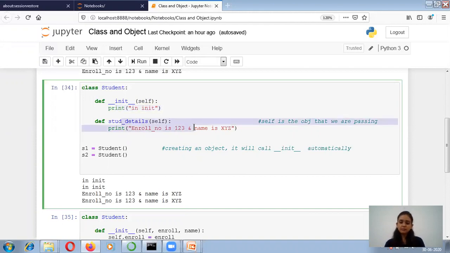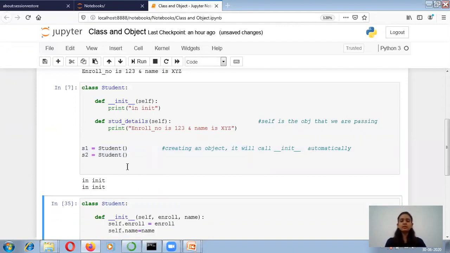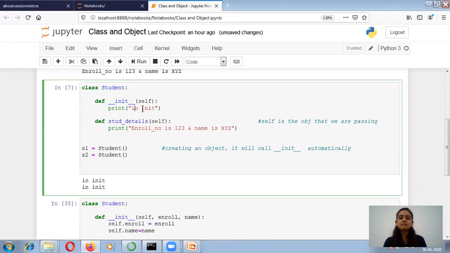Then I have a simple function, that is student_details, and I am printing one statement within that function. Now I am creating two different objects of the class, that is s1 equals student and s2 equals student. So when I run this program, you can see over here that the init statement is printed two times. Why is it printed two times?